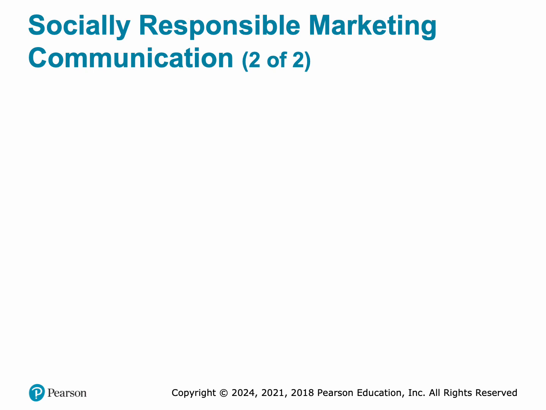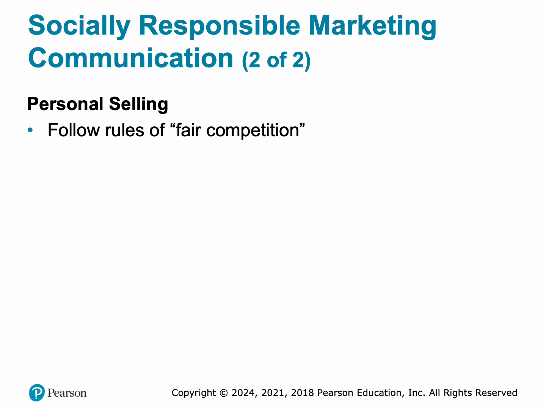Personal selling. So again, same things apply. Follow the rules. Be fair. Don't offer bribes. And again, in America, we understand that for the most part. Other countries, you see it all the time. In fact, it's hard to do business in some other countries. Typically not Western or first world nations, but in some of them, it's difficult to get anything done. Now, I'm not going to say it doesn't happen here. There's many forms of bribery, but it should always be above board, and it should be about creating value and leveraging that. That should be how you sell things.